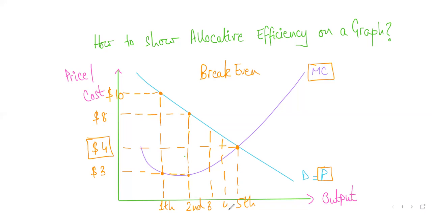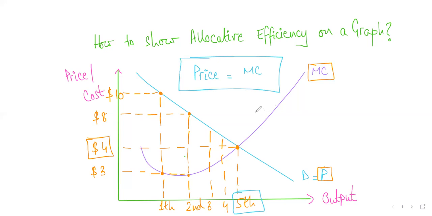So now comes the main part. The main part says that a country or an economy should produce goods up to the point where marginal cost is equal to price. Why so? Think about this. Because even for the fifth unit, listen to this carefully, the value that consumers place on the good in terms of the price is the same as how much it costs you to produce the good. So technically, it is